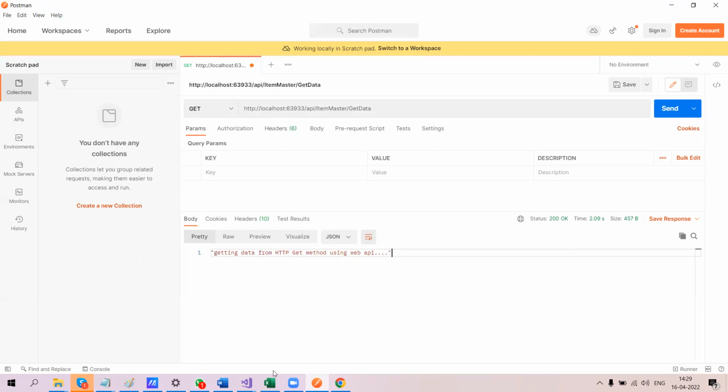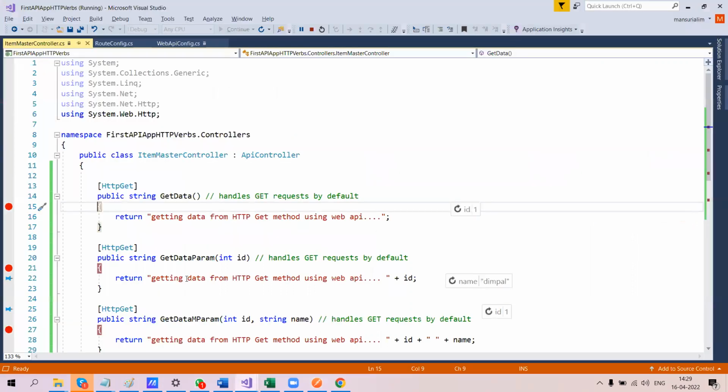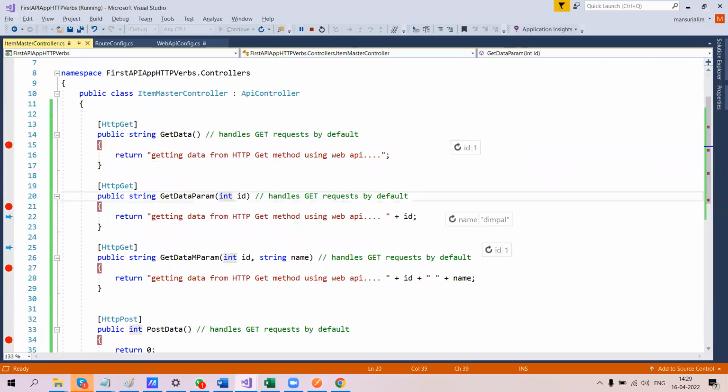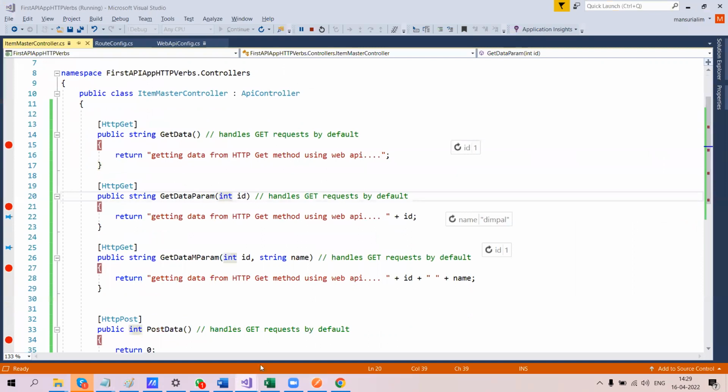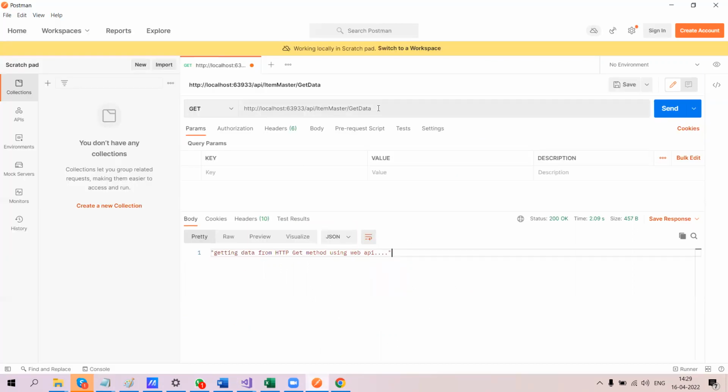Now we have one more method which has some parameters. We have that URL created as well. Let's take this and try it. Let's come to Postman. Simply put this URL here. You can see that as soon as I put this URL here, some parameters were automatically added here, right? What Postman actually does is